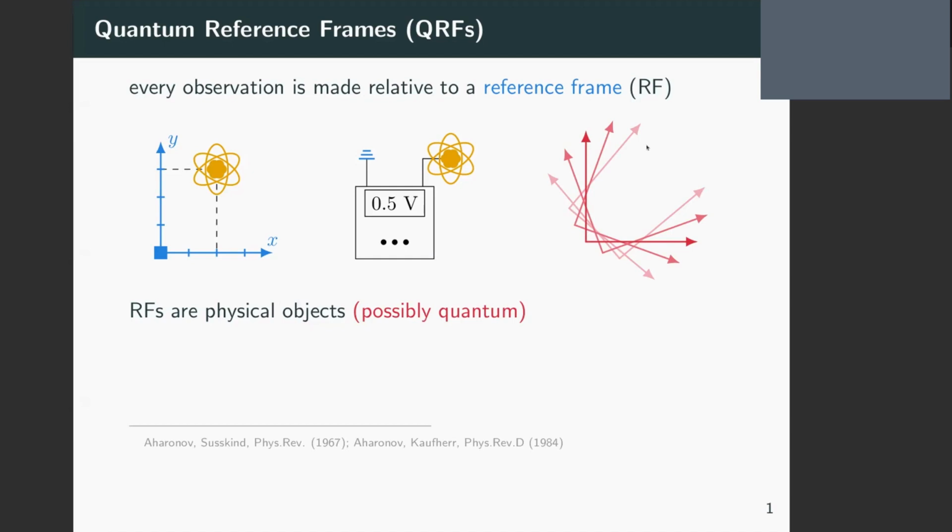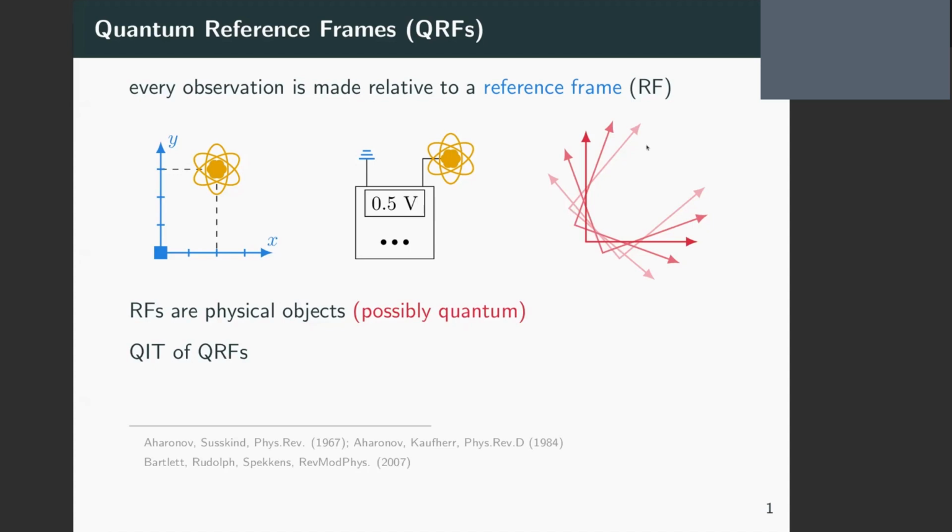And so we might have to rethink how reference frames work if they are made from quantum objects. So reference frames essentially give us a way of understanding the information stored in the physical world. And since I've made the point that for everything you kind of need a reference frame,